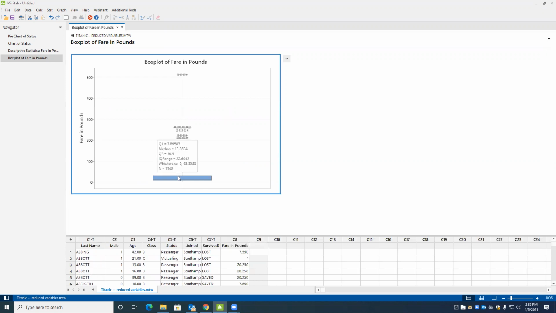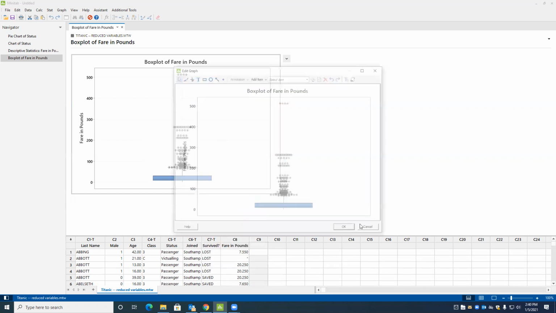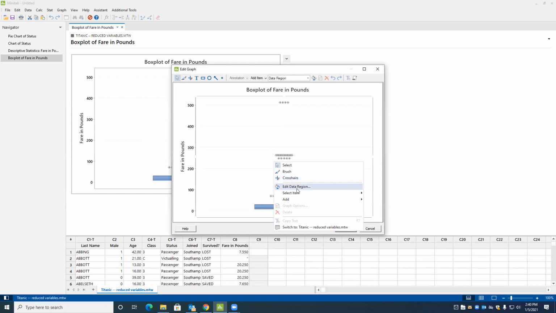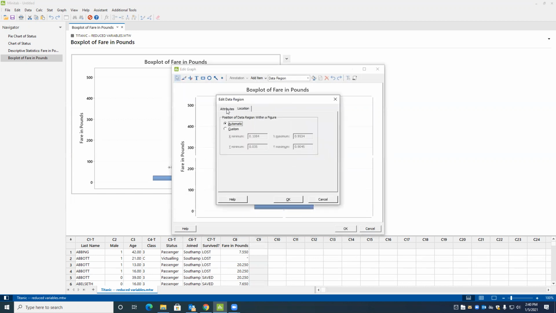If I just put the cursor right here, you can see Q1 7.89, median is 13.86, Q3, interquartile range is 22. And you can see this is a very extreme value, which is 500 something that was coming. Somebody bought this ticket, which is very high, an unusual one, and you can clearly see. So this is, and you can also put the labels here under graph and edit data region, location,